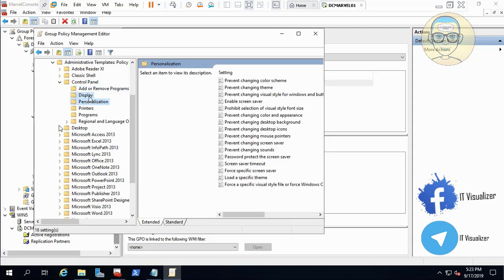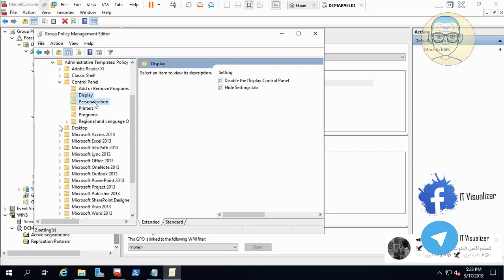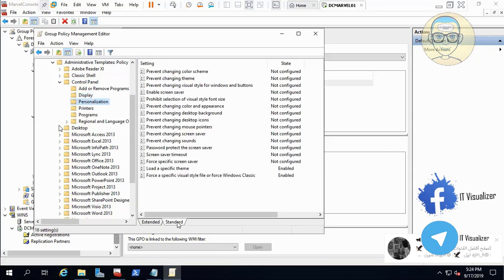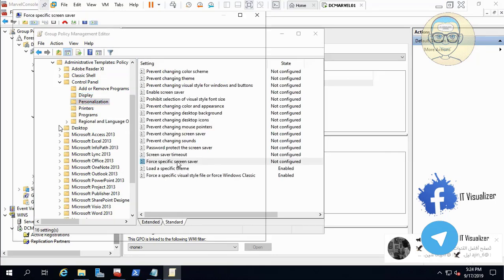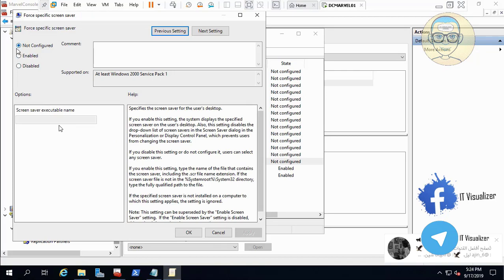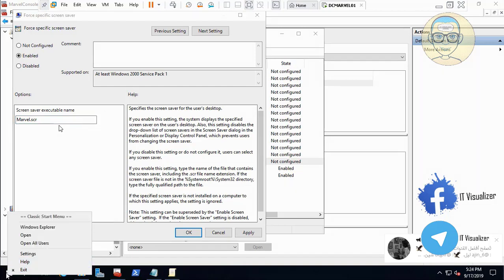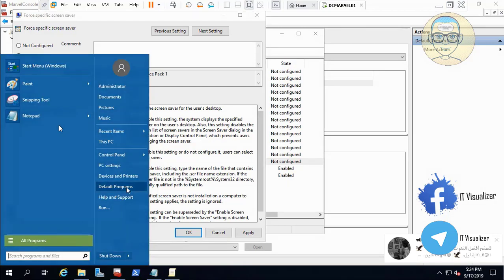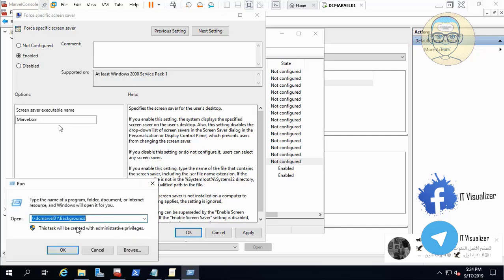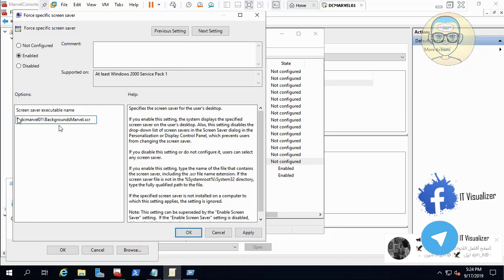This is after adding the group policy templates, of course, that we have copied a couple of minutes ago. So here we will go to personalize, and I'll tell him to force a specific screensaver, enable, and then give him the location. So we need to have the full location, not only the name of the file. So it will be DC Marvel 01, this is the name of the server, then the name of the shared folder that contains the screensaver, then the screensaver name. Okay, so this is it, slash marvel.scr,